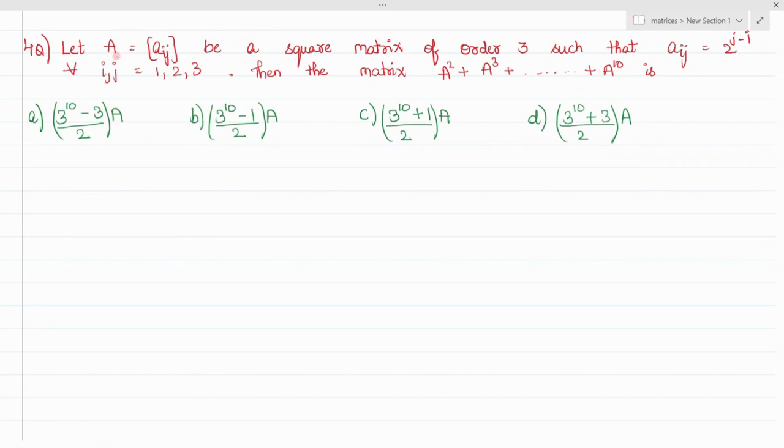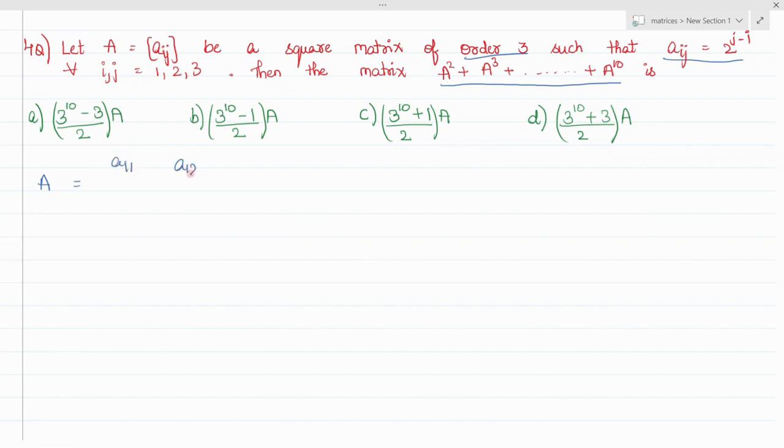In this question, matrix A is a_ij and of order 3, such that a condition is given which is valid for all the values of i and j, and we need to find the value of this matrix expression. So how to do it? First, find the matrix A, that is